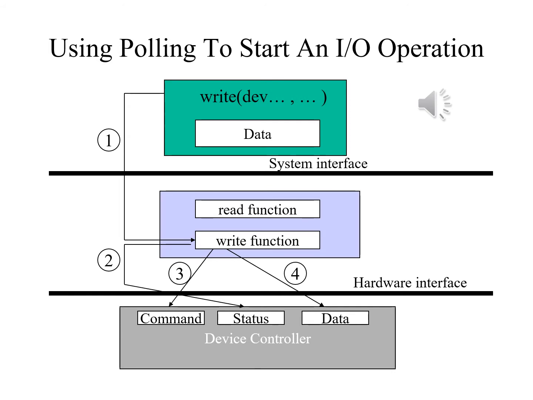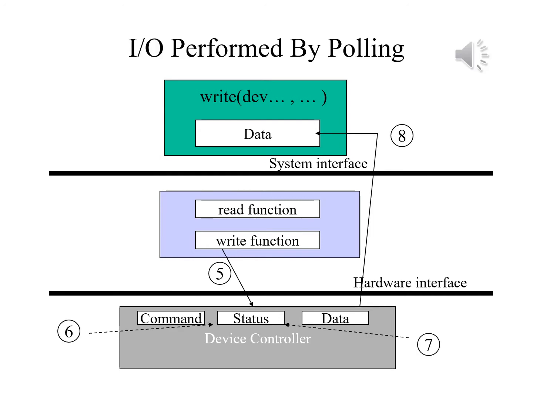In step 3, the host sets the command register's write bit. Setting a bit means giving it the value of 1. In step 4, the host writes the byte being written into the data out register. Step 5 involves the host setting the command ready bit. In step 6, the controller reads the command register, sees the write command, reads the data out register, and does